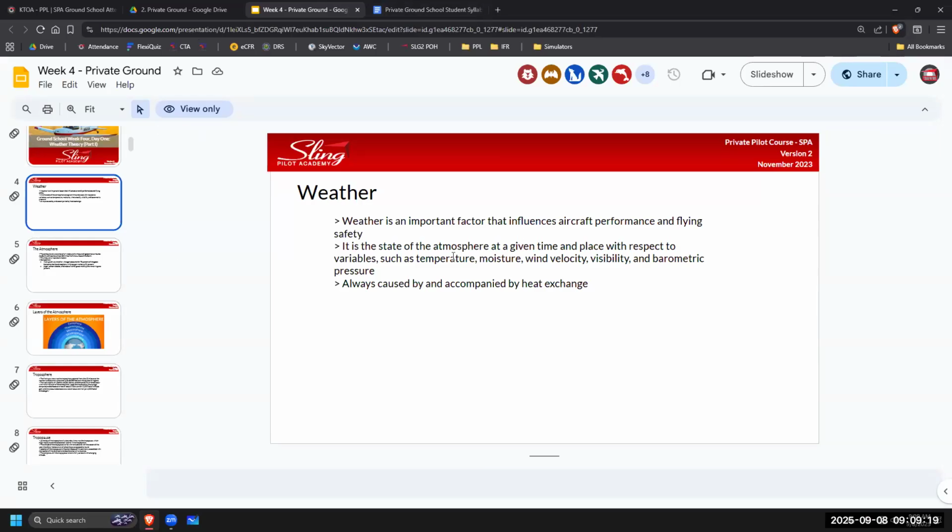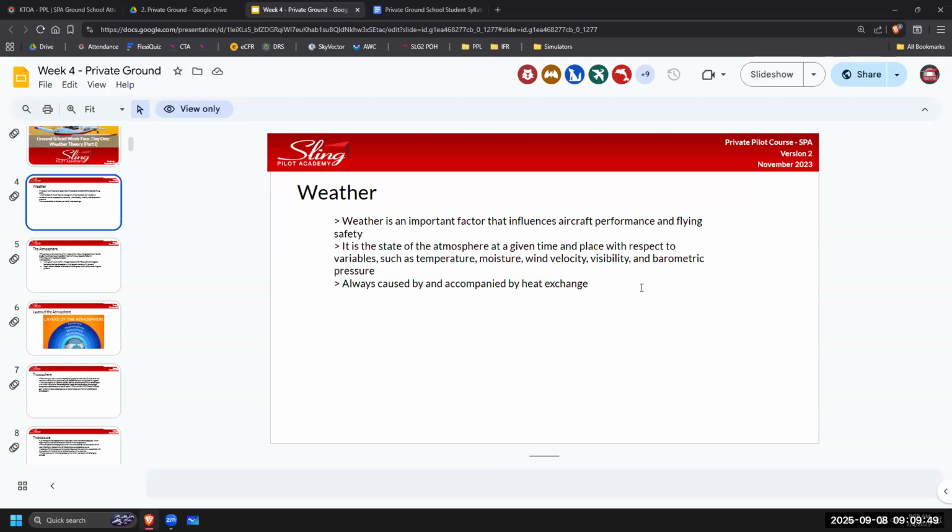Okay. All right, weather. This is weather theory today. So a broad overview of weather, and there's way too many words on all these slides. So copy down what you need. I'm going to tell you what's important that you need to write in your notes, but there's a lot of words, so we'll get into it. Weather is important for flying, right? It influences our performance, obviously.